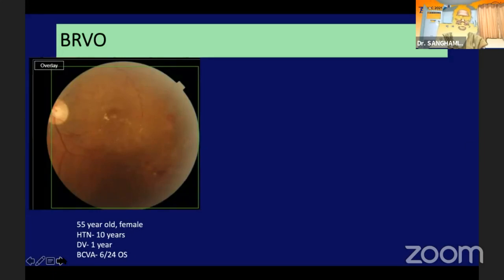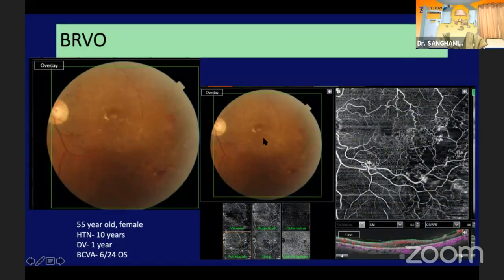This patient presented to us for cataract surgery. She was a 55-year-old female, known hypertensive for 10 years, with defective vision for 1 year. Best corrected visual acuity in the left eye was 6/24. On dilated fundus evaluation, we saw seeding of the inferotemporal quadrant vessels with some hemorrhages and probable areas of new vascularization. When an angio-OCT was done, it clearly showed macular ischemia with enlargement of the foveal avascular zone with capillary non-perfusion areas and new vessels. So the patient was injected with anti-VEGF and was called for review without doing a cataract surgery.